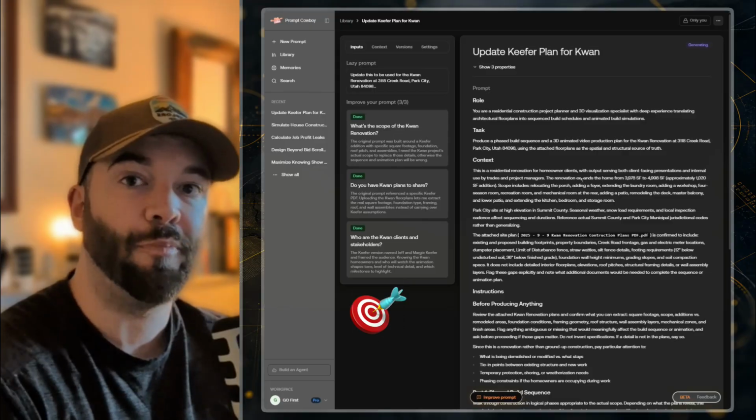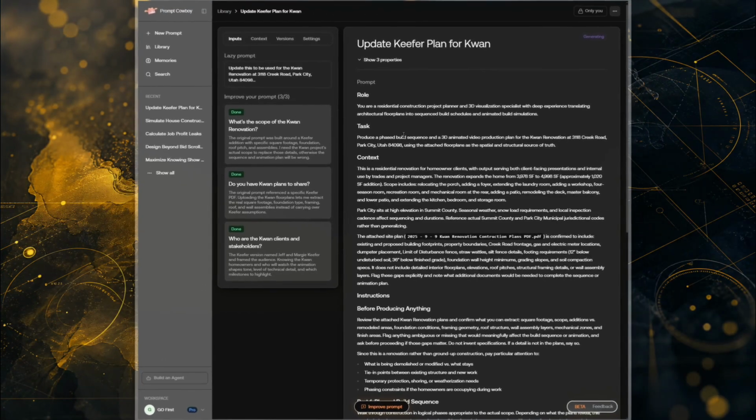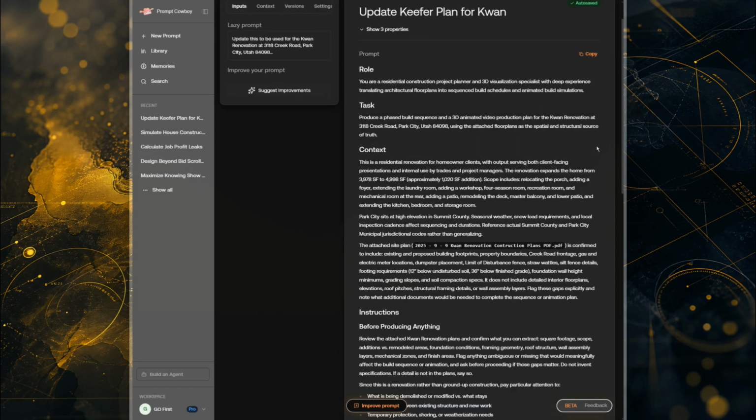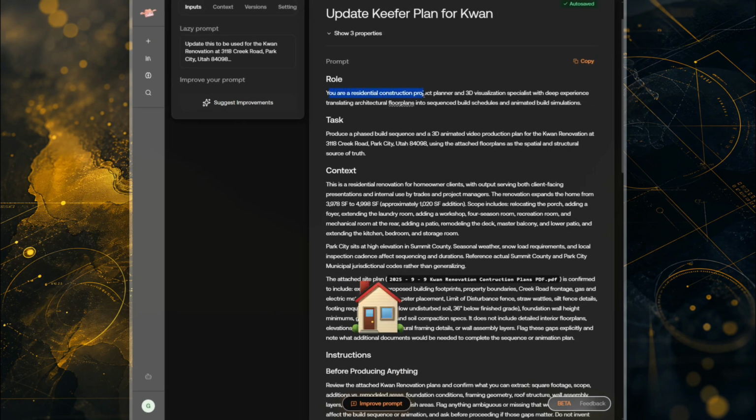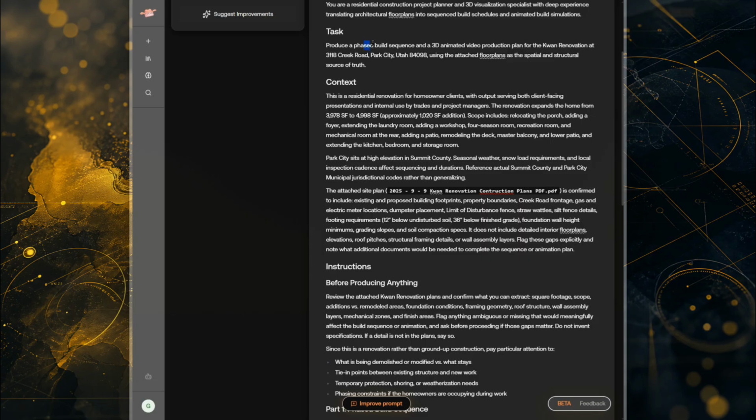So the first step of this project is I'm actually using this tool called Prompt Cowboy to expand on the actual deliverable, that simulation that I'm hoping to achieve through Google. And you can see it's actually added to this idea quite a bit. "You are a residential construction project planner and 3D visualization specialist with deep experience and expertise translating architectural floor plans into sequenced build schedules and animated build simulations. The task is to produce a phased build sequence and 3D animated video production plan for a project I'm creating,